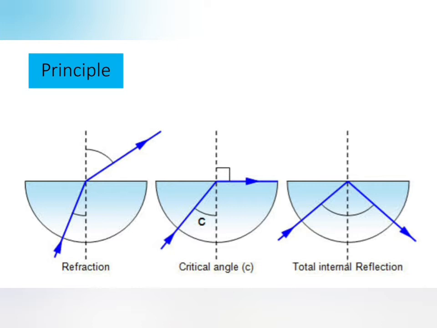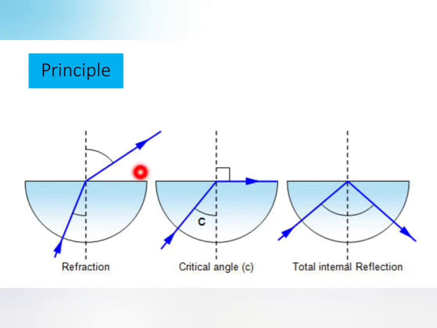Total internal reflection is an optical phenomenon where, as an example, light rays arriving at the border of two different media, one rarer and another denser, do not go into the second medium and are reflected back to the medium from where they originated. That is called total internal reflection. Here the light rays do not go into the second medium.